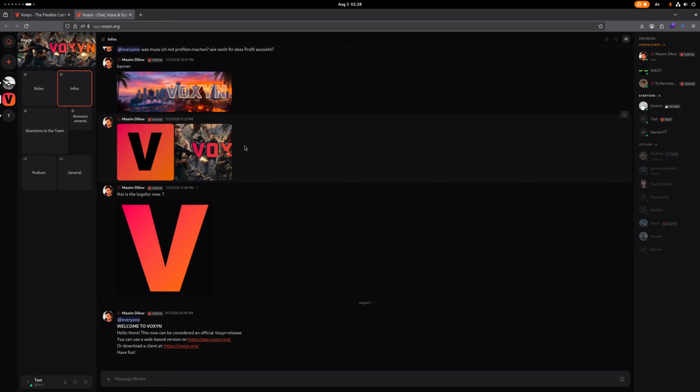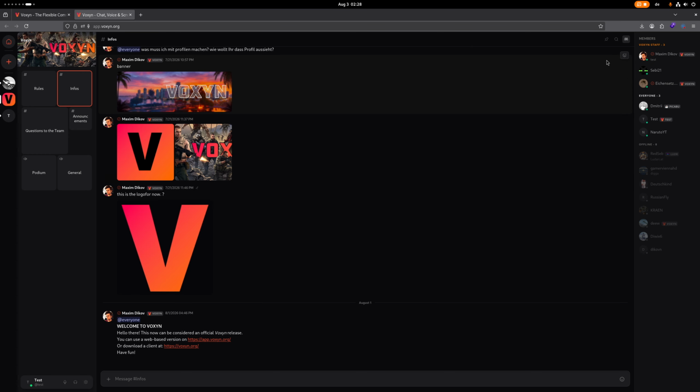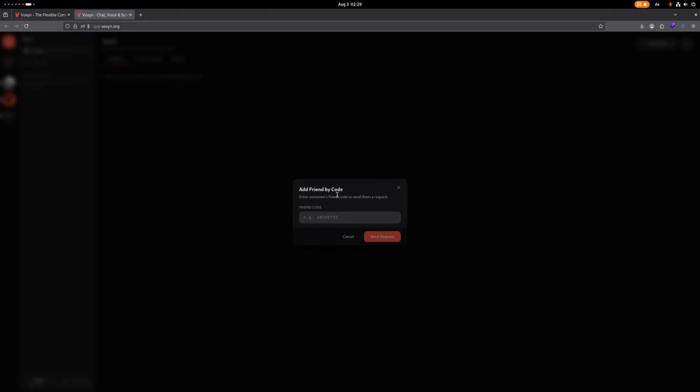Whether it's going to be accepted or not, or you're going to be banned, that's up to the person we're sending the request to. But if you want to add many friends, or if you are not on the same server or community yet, there's this code which you can use to add friends. You can either click a button here and enter the code,